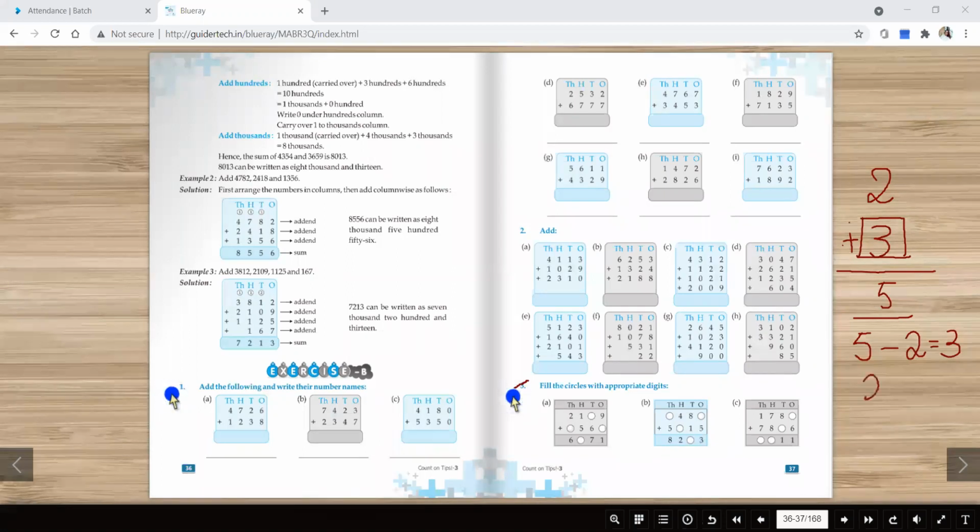One more example I am giving. Suppose with 2, we take another number. Let me take 6 and with this I am adding some number. It is coming as 9. So I asked you how much number I should write. I will just add. So you will tell me, ma'am, it should be 3. So both the answers are the same. So no problem. From 9 we have subtracted 6. So that is why it has been coming as 3.